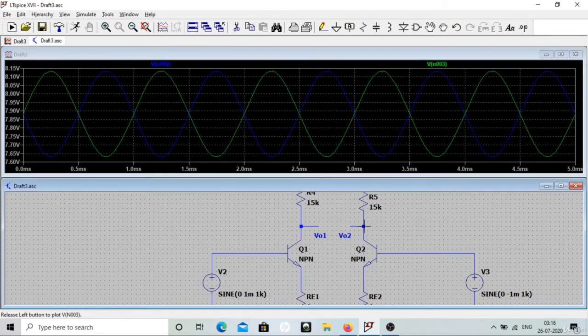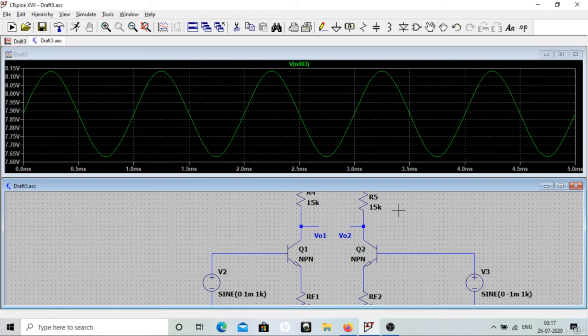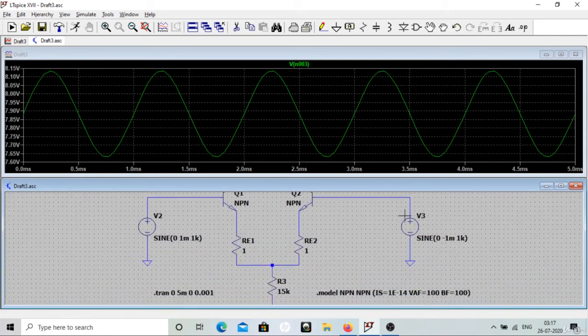Similar thing you will get here as well, but it is non-inverted. Here it was inverted because positive input is applied; here negative input is applied, hence it is a non-inverted type. The difference of these two will add up, and you are getting -500 gain. And if you look at the unbalanced output, you will get half of the differential gain. So that was about differential gain.